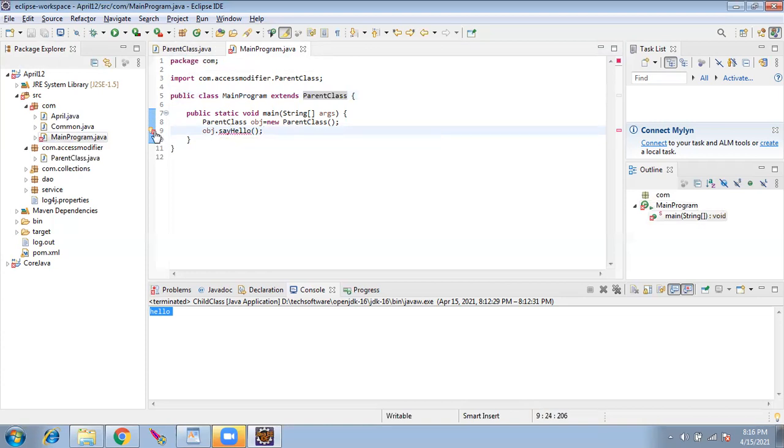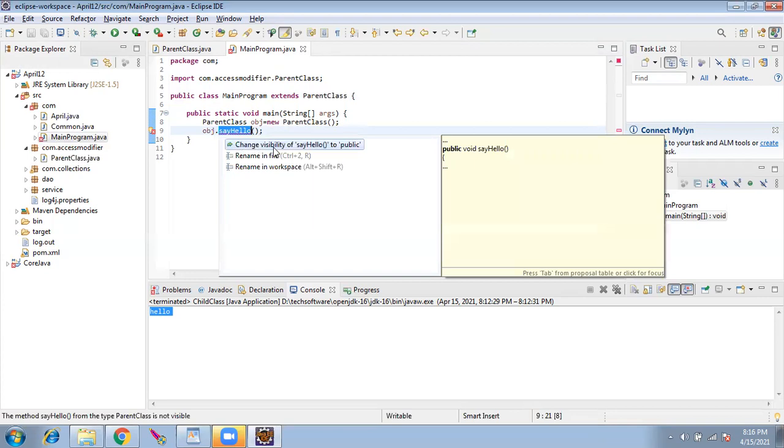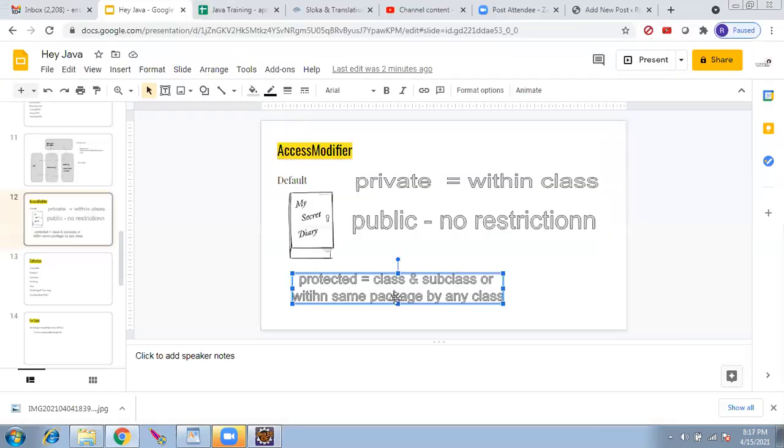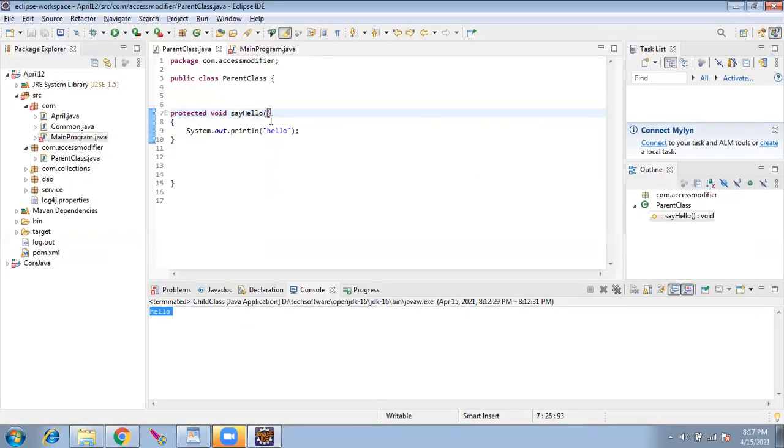Is not visible. Still it is not visible actually. No. In the parent class, it's protected, Rajesh. You have to change the protected. Oh, I have to change it.